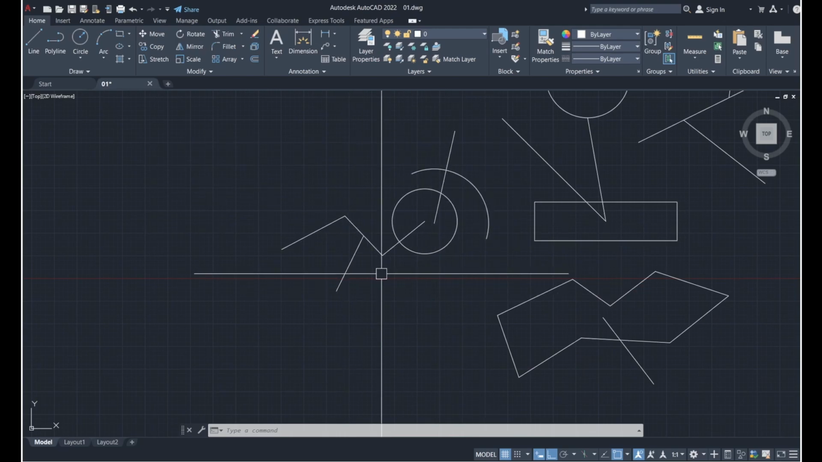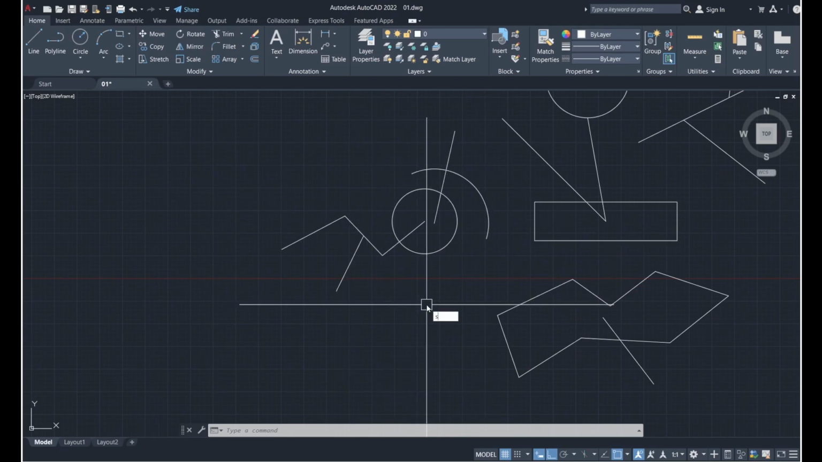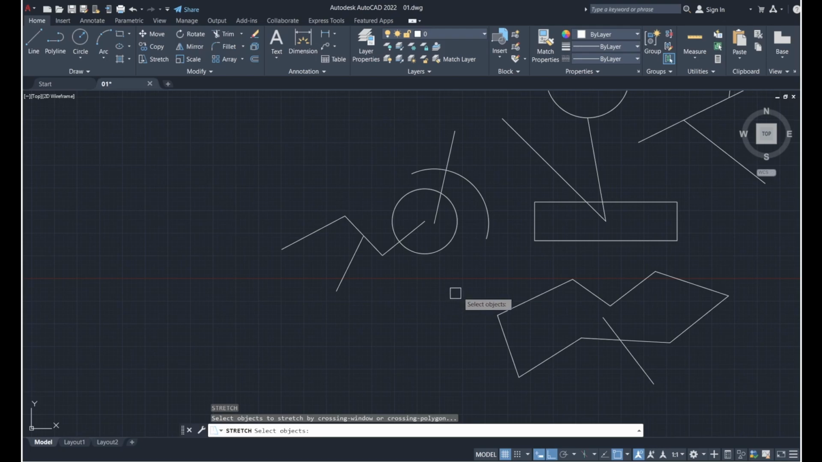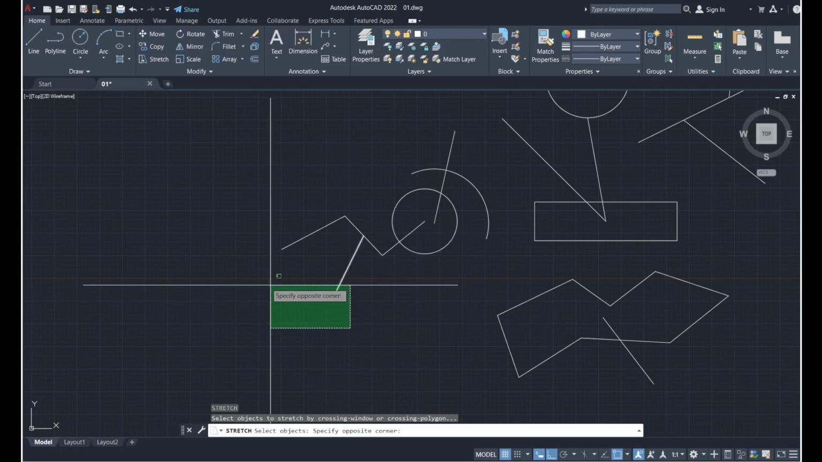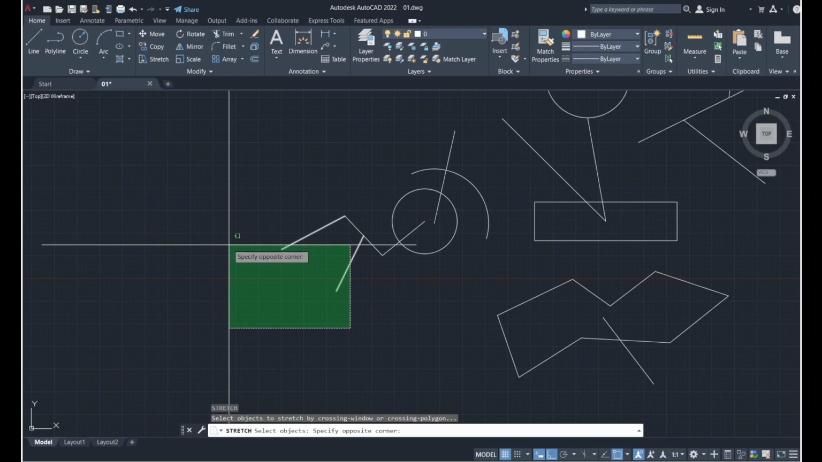So let's look at this example. I'm going to press S, enter, which is the shortcut for stretch, and say I only want to stretch these lines out of all of this. So I'm going to click and drag towards the left and create this green region, and I'm going to make sure the 2 points in those 2 lines are selected,